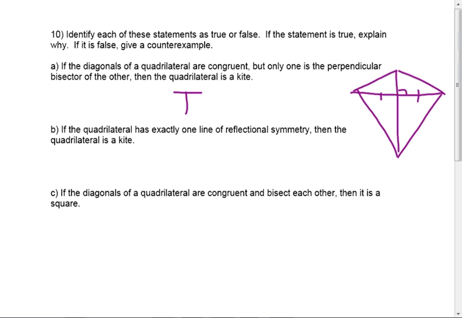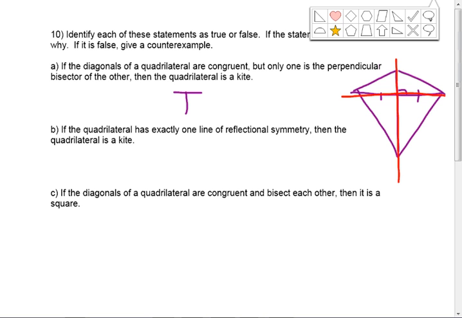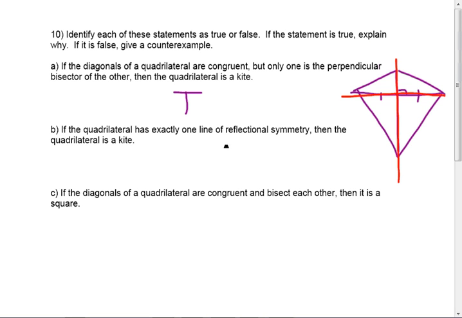B, I thought was hard. I said it was true until I thought of another quadrilateral. First off, what do you mean by reflectional symmetry? If I draw this line here, if I reflect this side over to that side, they match up like a mirror. So if I fold the paper, these match up. If I fold the paper this way, these triangles don't match up. Can you think of a quadrilateral that does have a different one of directional symmetry? I didn't think of it right away, but what about